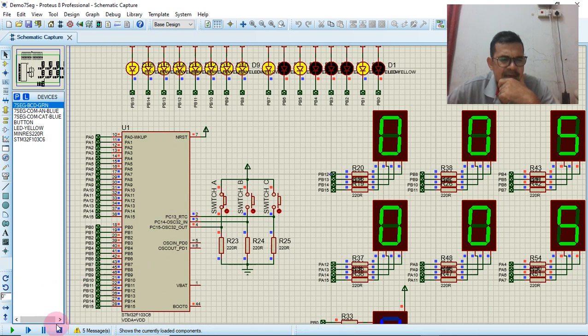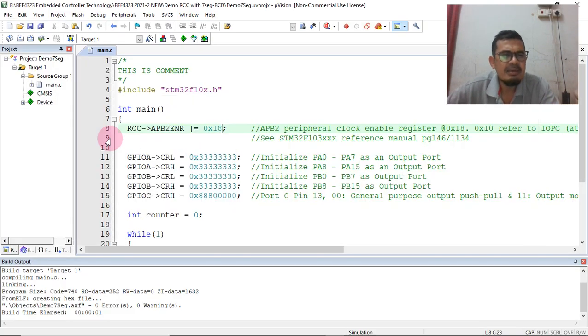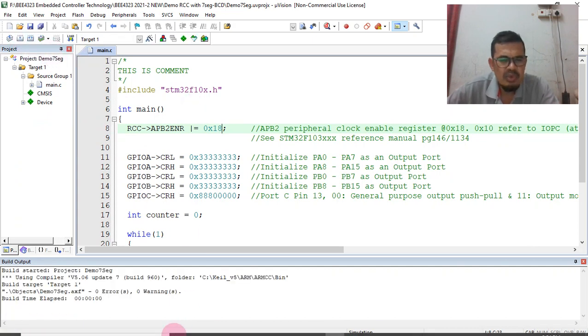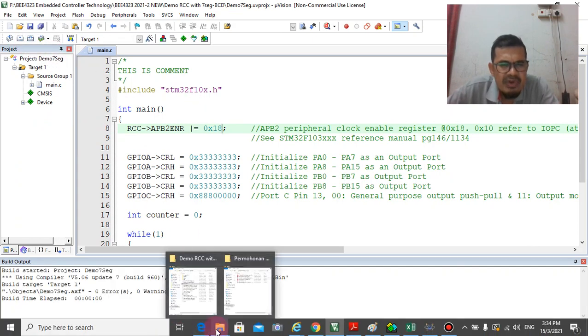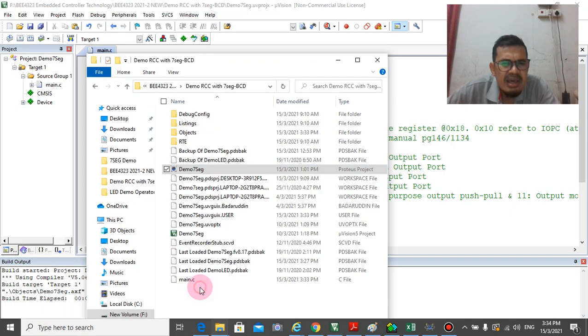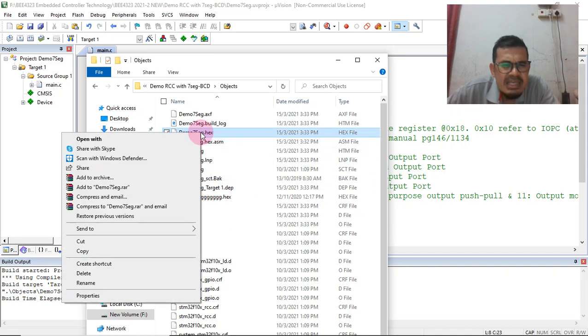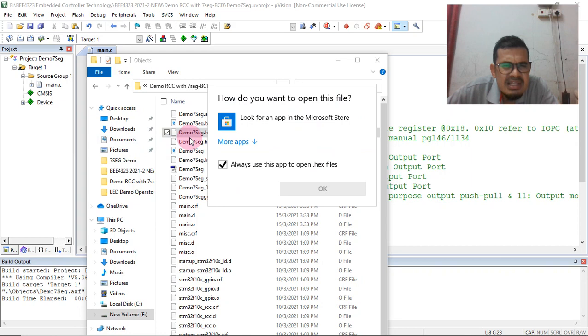After I build the file, Keil generates a new hexa file under the object folder, demo 7-segment hexa file, which is updated. Here is only the hexa file. Let's look at what's inside this file.